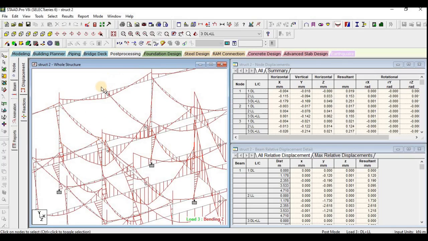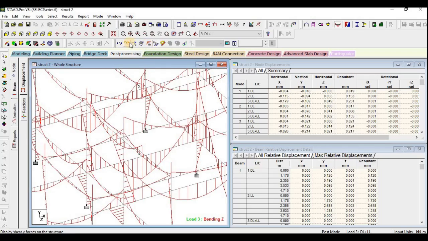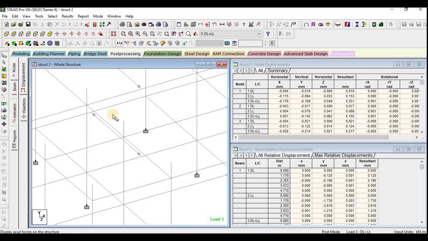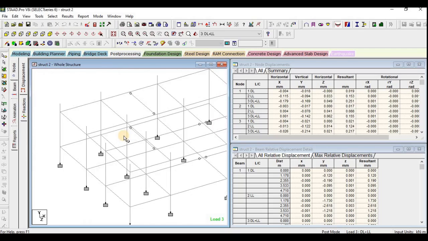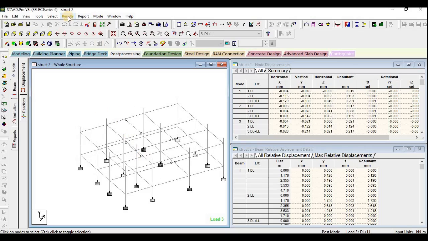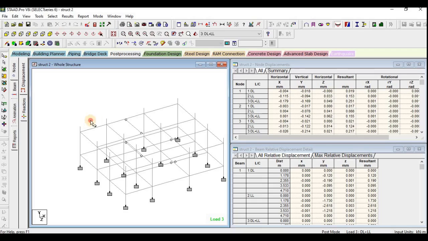This is for bending moment, and this is for the shear force diagram. Thus we need to calculate, we have seen this. With this we can find the values here, so just choose these values, or you can remove this diagram.